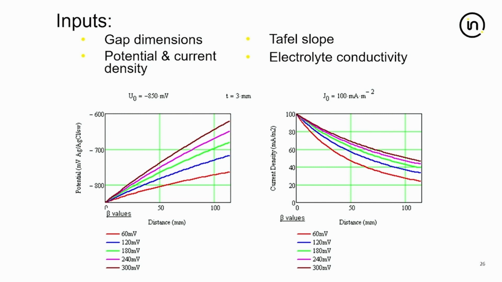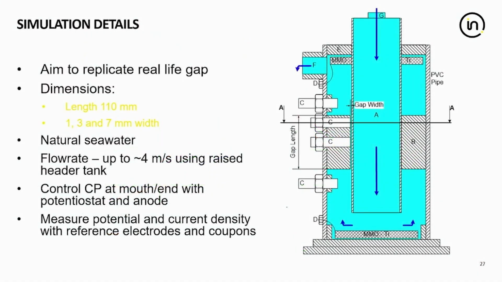Some calculations were undertaken, and they showed that there was variability because, of course, uncertainty in some of the inputs there. But we were seeing the possibility of under protection. And so, again, a lab simulation was carried out. It's quite a complex test piece. This was a 3D printed arrangement, and we used a number of different widths, 1, 3, and 7 millimeters,